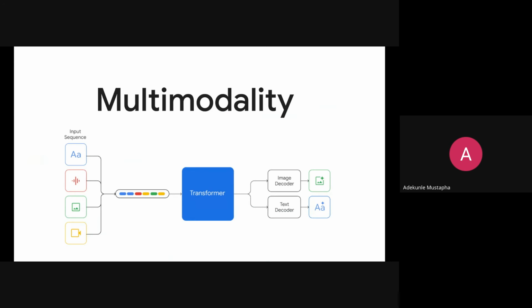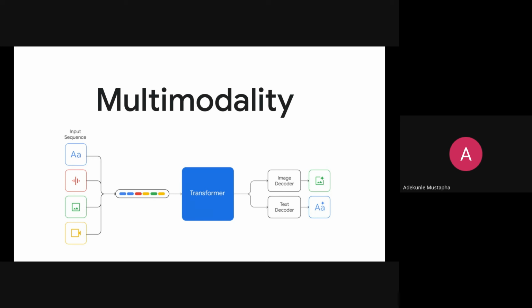So going to multimodality. So what's multimodality? And you can even ask why is it important? So if I would just explain the definition of multimodality, and I think when we are clear on the explanation, we can typically understand how multimodality helps us. So multimodality just refers to the ability of a system to process and understand information from multiple modalities. So these modalities can be text, images, audio, video, sensor data, and etc.